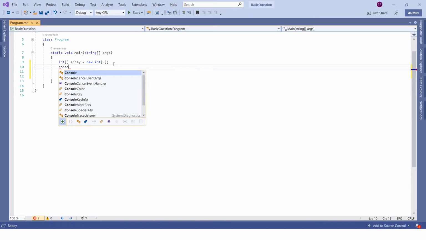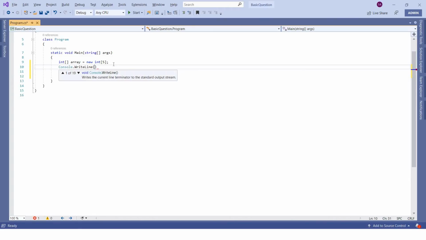Console.WriteLine, this is my variable, and in this variable we have 5 integer values which we can store in this array. So to fetch those individual values we have to use index. You just remember in C# index always starts with 0. So first element will be accessed using 0th index, second element by first, third element by second, and so on.